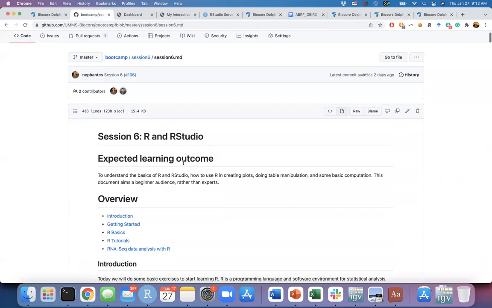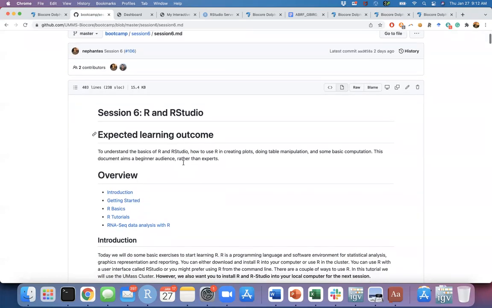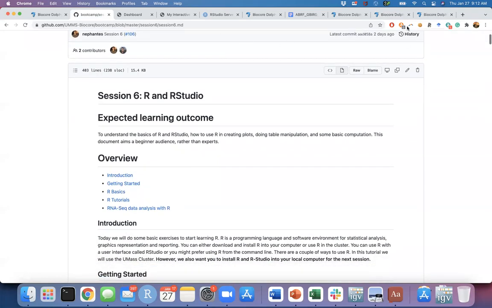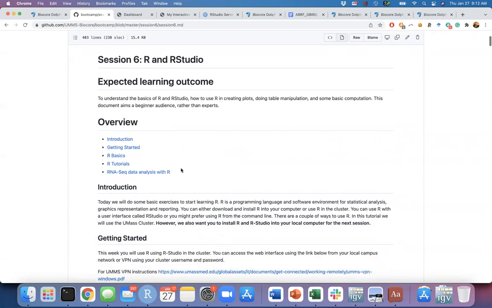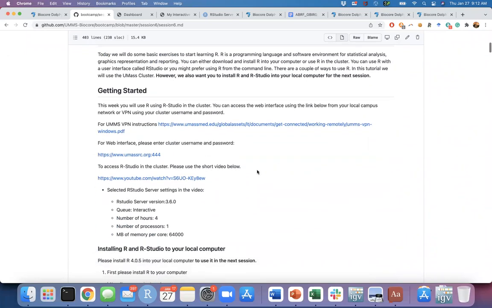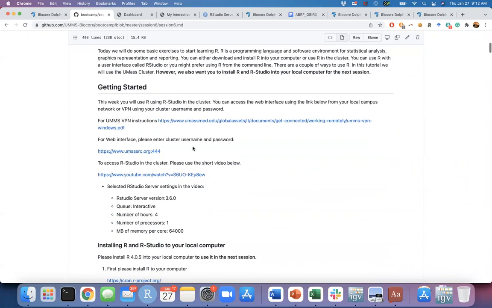Okay, so today we're going to work on R and RStudio. I hope you installed this. It's good to have RStudio or R on your computer, and things are going to be faster if you run it there. I can show you the difference. But what we're going to do today, I want to show you a couple of capabilities of R and RStudio that we have